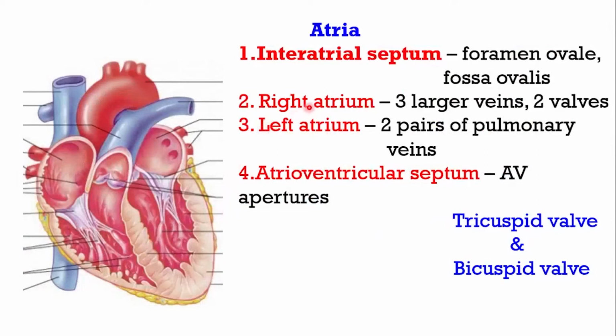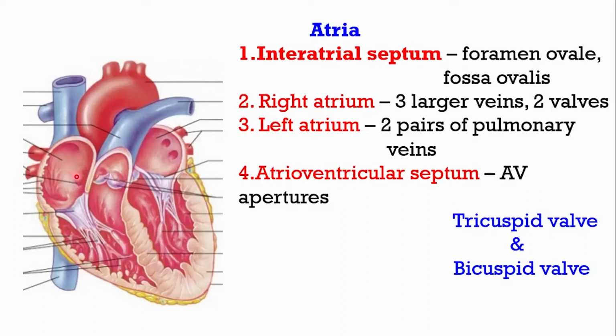Up to now, we have learned the details of the upper chambers of the heart, the atria. We have discussed the location of the interatrial septum, the oval-shaped opening foramen ovale, and the depression formed on the closure of foramen ovale, that is the fossa ovalis. The right atrium receives blood through three larger veins: the precaval vein or superior vena cava, the postcaval vein or inferior vena cava, and the coronary sinus collecting blood from different regions of the myocardium. These three open into the right atrium and drain the deoxygenated blood into it.